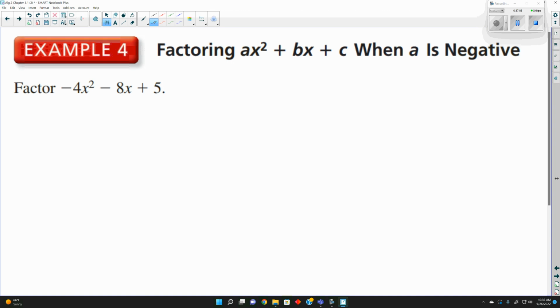So this one here, we want to factor negative 4x squared minus 8x plus 5. Is there a greatest common factor between these three here? Have we encountered one where the first term is negative? I'm going to factor the negative out. I want to pull a negative 1 out of all three terms, because if we can make that first term positive, it's going to make everything a lot easier. So if I take a negative out of negative 4x squared,